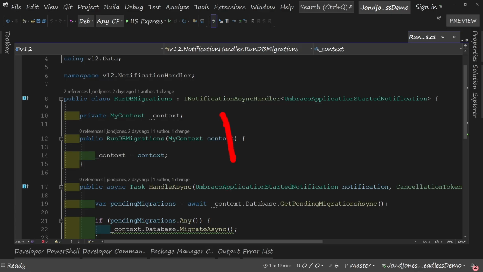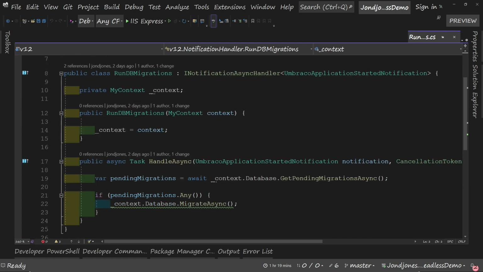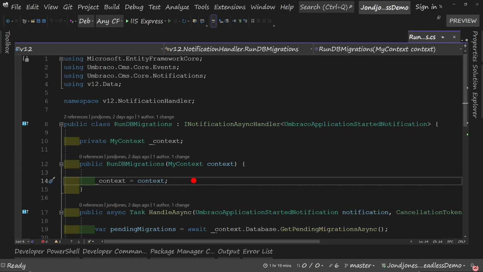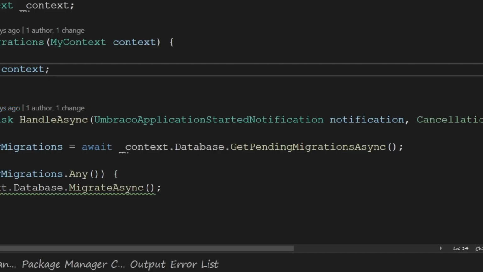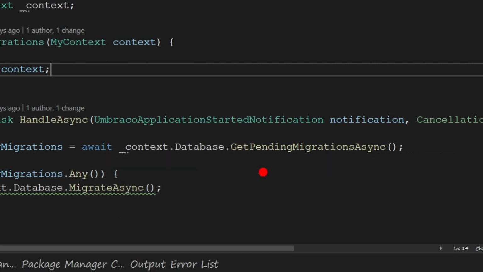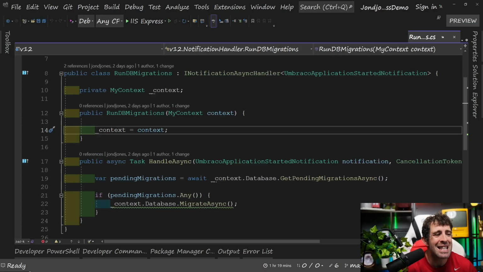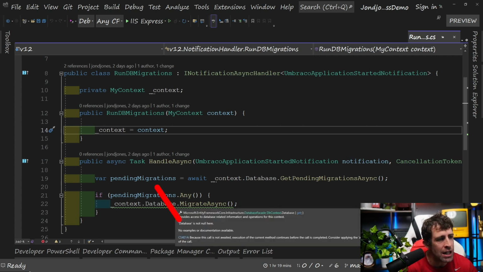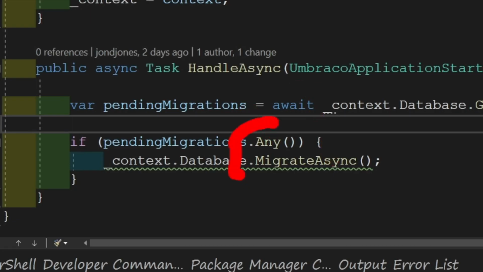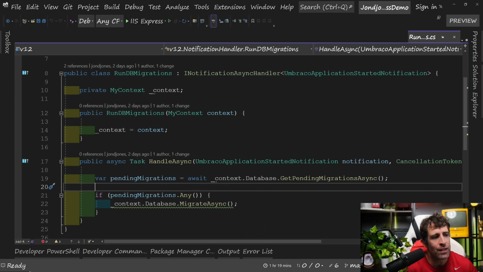Now, as part of this interface, you'll need to implement this handle async method. And it's within this handle async method that we need to add in the code that's going to import any of our migrations. And in order to import migrations, we need access to our context, and this is the reason why we're importing it here. Now, after we've got access to our context, we can do database.getPendingMigrationsAsync. This is then going to give us a list of pending migrations, and then if we have any migrations, we can see that we can migrate to them, or basically run the script, and then this is going to